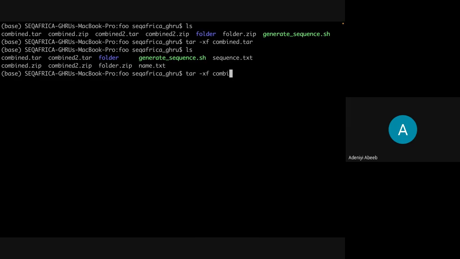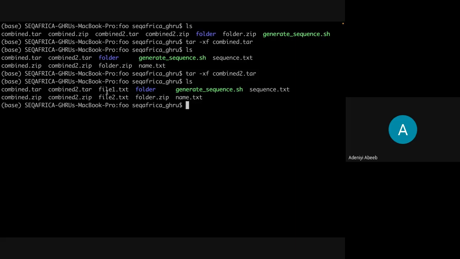So we need to extract the second one as well, which is combine2.tar. And by the time you do that, you can see we now have our file1.txt that we bundled into combine2.tar. Does it make sense? You can see in the way they are kind of similar. The only difference is that